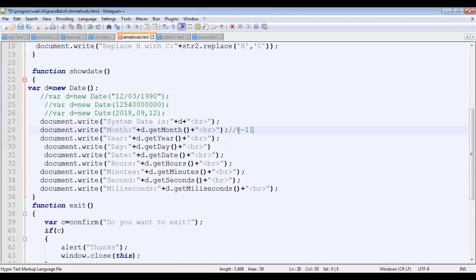Then getYear. The getYear method allows us to fetch the year, but it displays that year in RR format. Now, what does RR format mean? If the date belongs to the 20th century, say 1990, it will be displayed as 90.